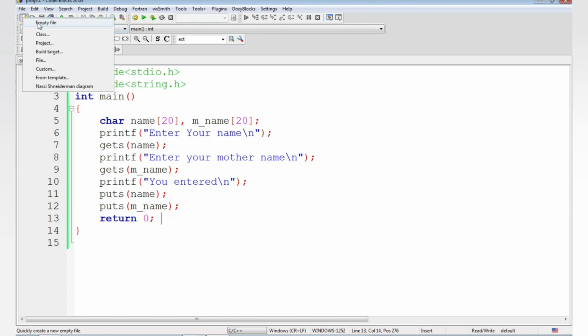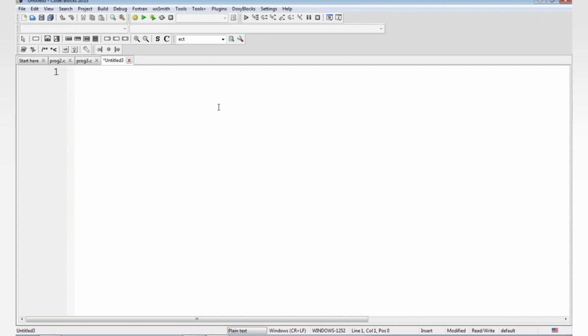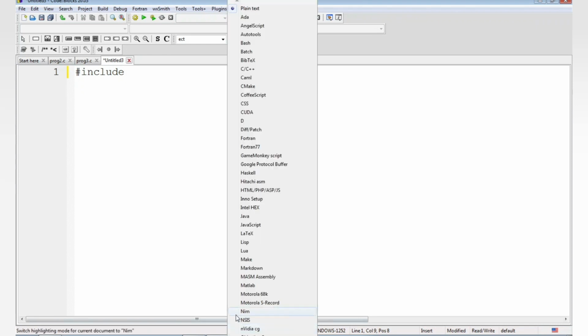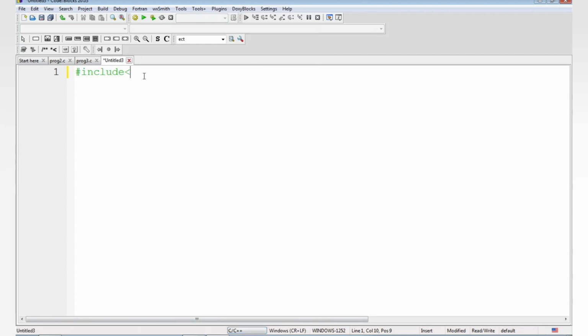First we'll take a new file. We'll first take the header file: include, and the language is C, stdio.h. Now int main, this is the main function. Now we need the variable int arr. I am giving the size 10. Then we have to find a summation of even numbers. So first I for index, and to store the summation we will take one more variable, sum, and will declare